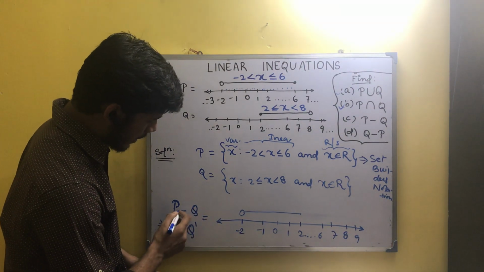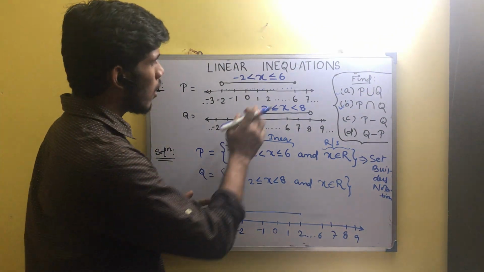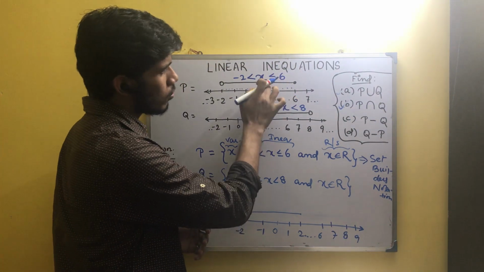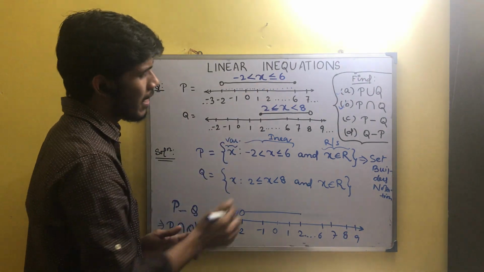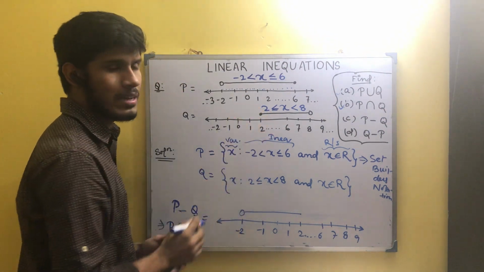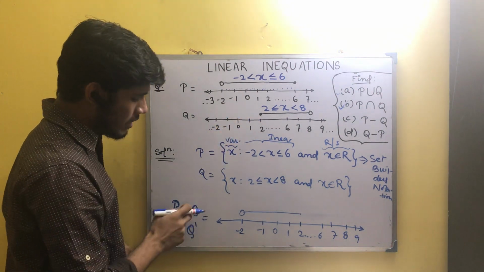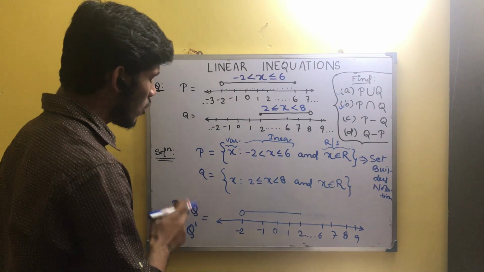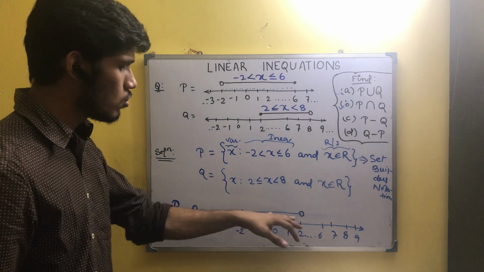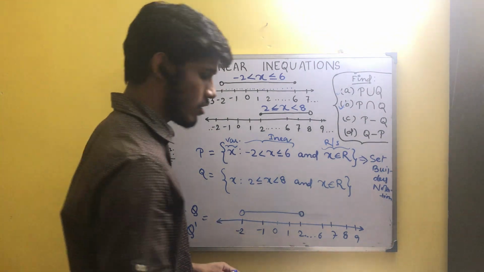Now, according to this, P minus Q means all those elements that belong to P but do not belong to Q. Now 2 belongs to both P and Q, isn't it? Somewhere on this continuous line is 2, which means 2 has been included by this continuous line, and here the solution set started from 2 with a darkened circle over 2, which means 2 has been included in Q also. Since 2 has been included in Q, and we need only those elements that do not belong to Q, 2 cannot be included, so we need a hollow circle here. So -2 to 2, excluding both. So this is P minus Q or P intersection Q dash.